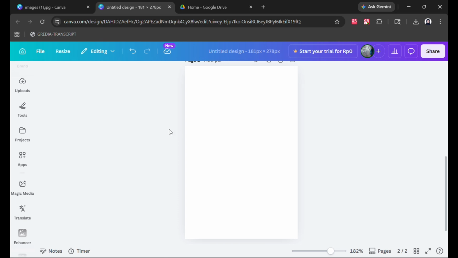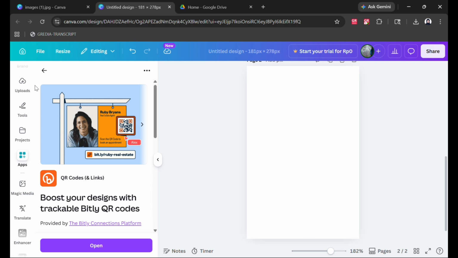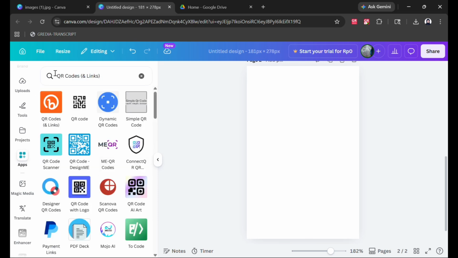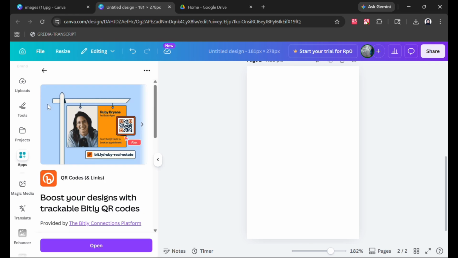First, just open Canva like this, and after that, just go to apps, this one, and then next just search for the QR codes and links like this, and then just choose this app like this. This app works together with Bitly, so you can create QR codes and short links at the same time. And then next just tap on open,